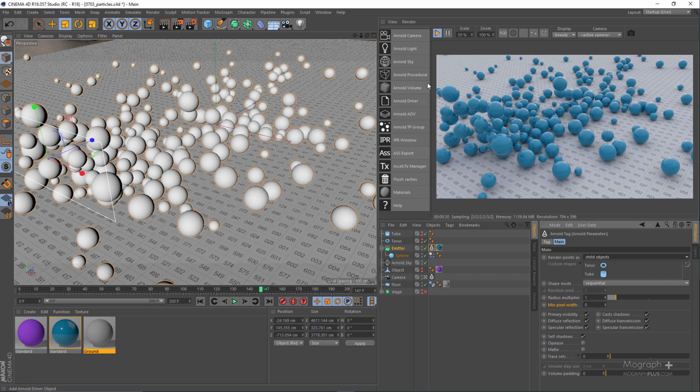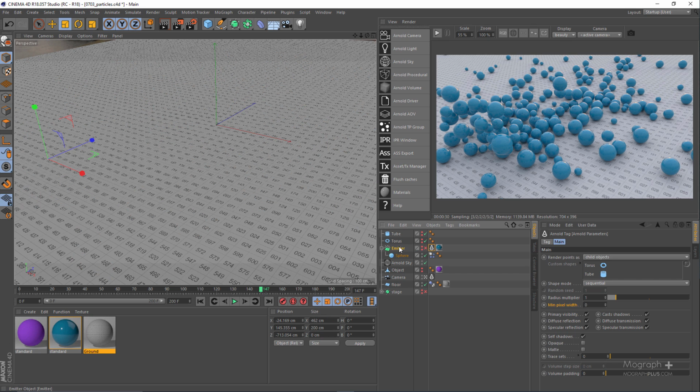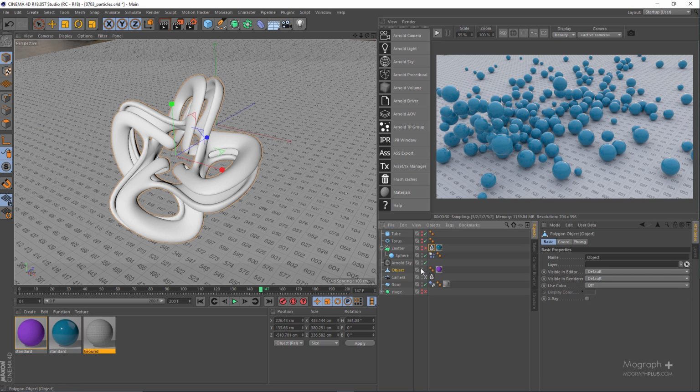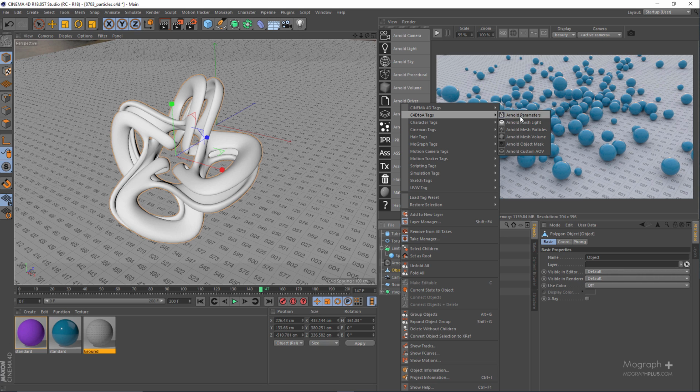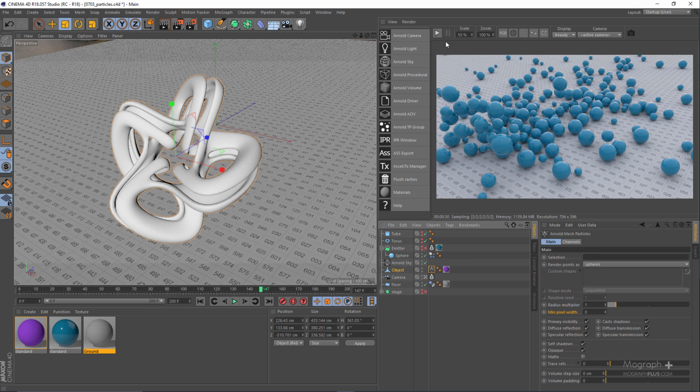Let me hide these particles for now. Also we have an Arnold mesh particles tag that can be very useful, and it basically creates particles on the vertices of the desired mesh. I have this abstract 3D object in the scene. Let me unhide it. If you right click on it and go to C4D28 tags, there is this Arnold mesh particles tag. Let me select this, and if you select the tag and reduce the multiplier to something like 0.02,